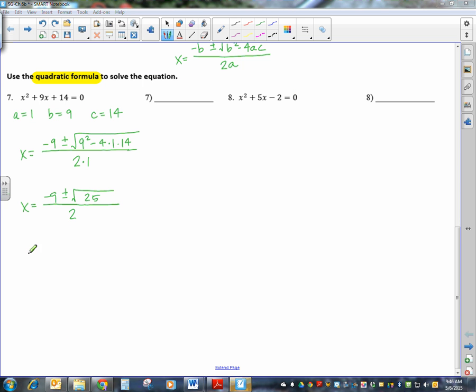Okay, so if I continue, x equals negative 9 plus or minus the square root of 25, which is 5, over 2. Negative 9 plus 5 is negative 4 over 2, and negative 9 minus 5 is negative 14 over 2. So that makes my answers x equals negative 4 over 2, which is negative 2, and negative 14 over 2,